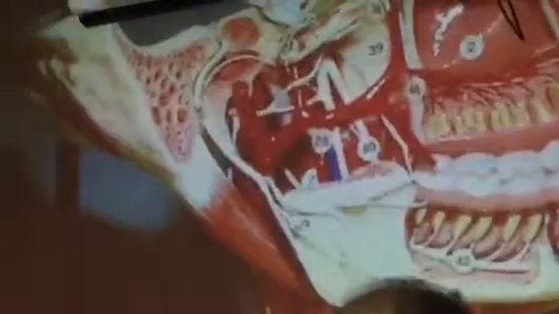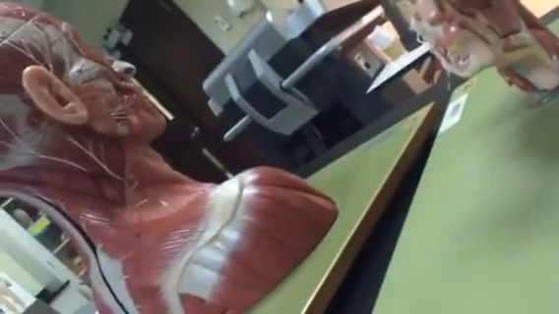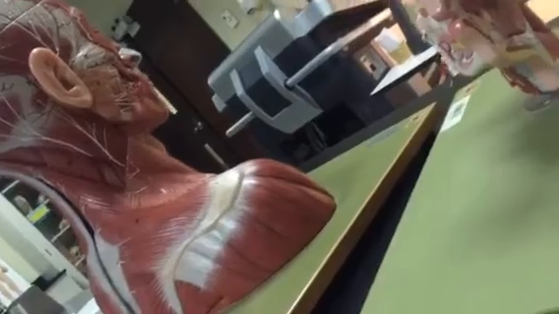So we have 2 such models, one is there, one is here. So you are supposed to see that. Apart from these models, we have some bigger models where you can see the muscles of mastication very clearly, like in this model or in that model. Here you can see the masticatory muscles, temporalis is clear, masseter is clear,